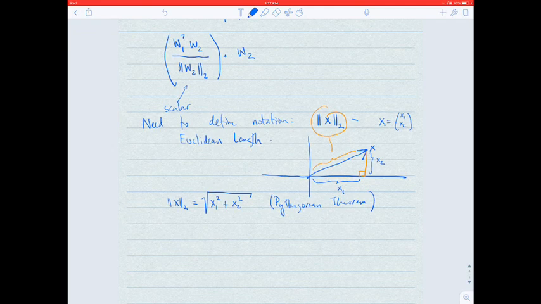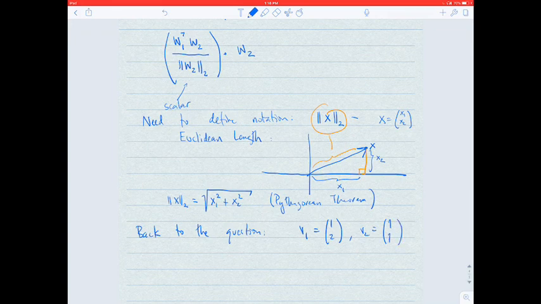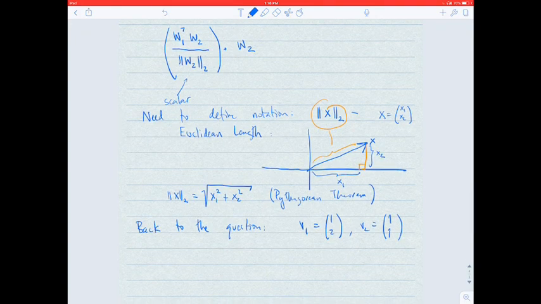Okay, so now we have all the tools in place to actually answer the question. So back to the question: we have v1 is equal to 1, 2, v2 is equal to 1, 1. So using a formula, plugging in this formula, we get the answer that the projection of v1 onto v2, remember this means onto the direction defined by v2, is equal to, I'm going to scroll up so we won't be